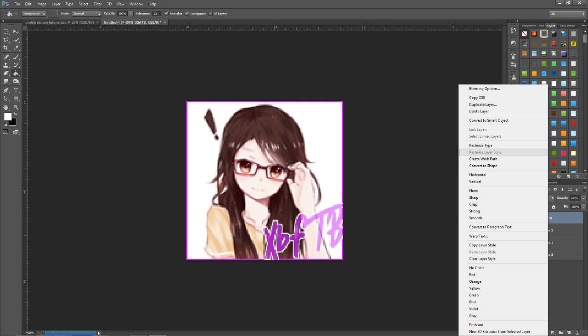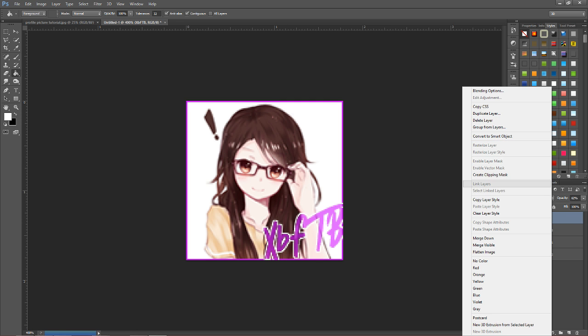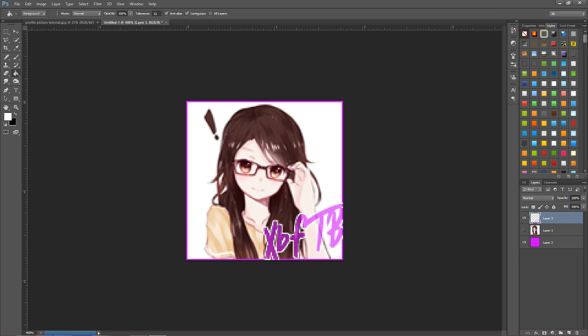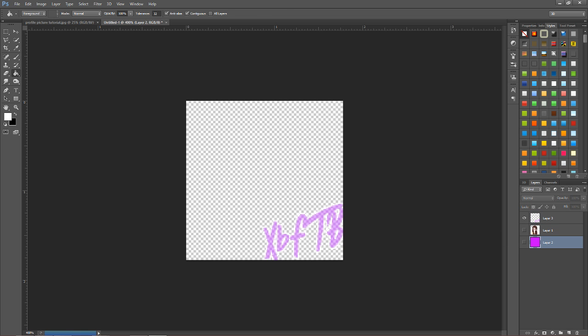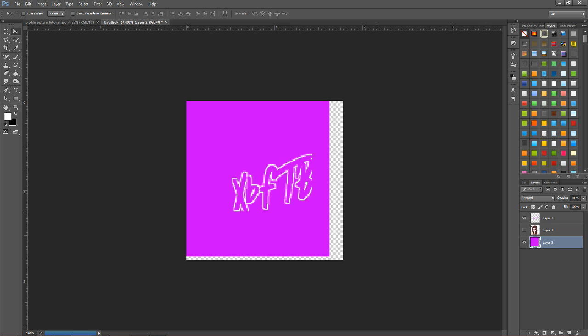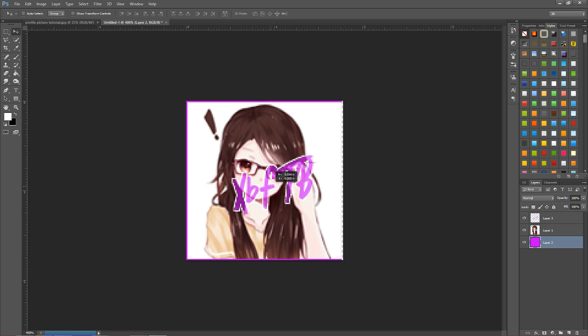Then you want to right click on the text, rasterize type, merge down. This makes it so that this entire layer right here, it's the entire pink thing, not just one.